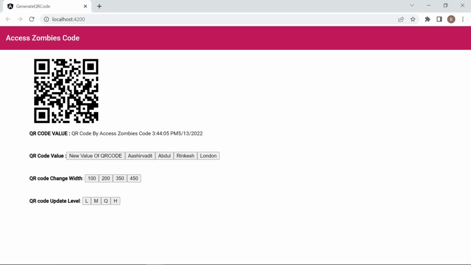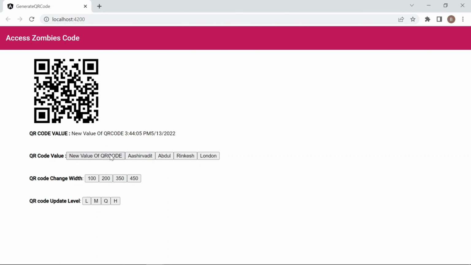So you can see there is a default QR code whose value is present as QR code, and the time is 3:44. If I want to change the value of the QR code, I click this button.